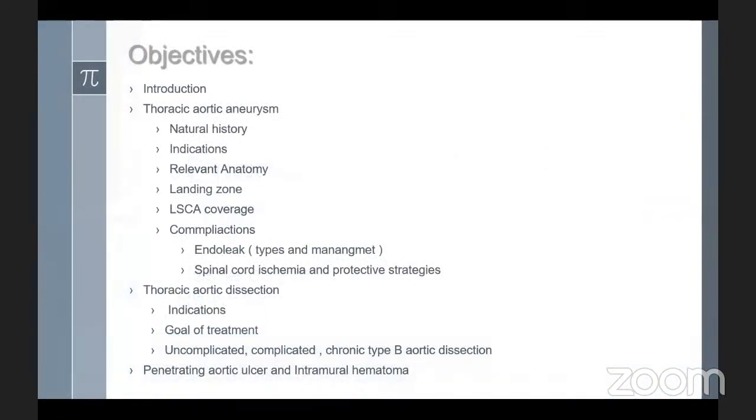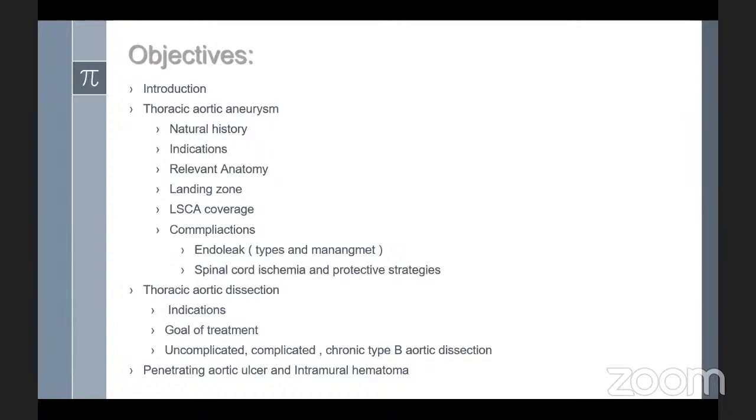So our objective, we'll start with the introduction, and we'll talk about the main three diseases in the thoracic aorta, which are the aneurysm, dissection, and penetrating ulcer, and in general hematoma. In the aortic aneurysm, we'll talk about the natural history, indication, anatomy, the landing zone, when we cover the left subclavian artery, and the most common complications. The dissection also, we're going to talk about the indications, goal of treatment,